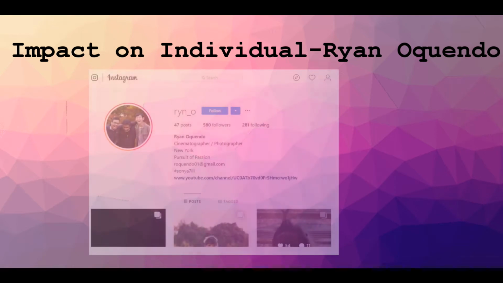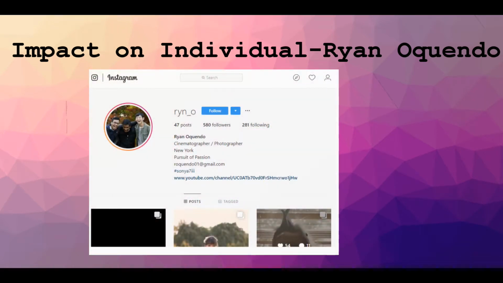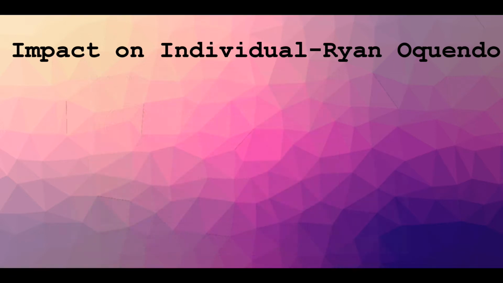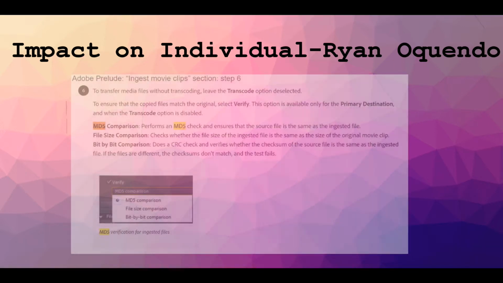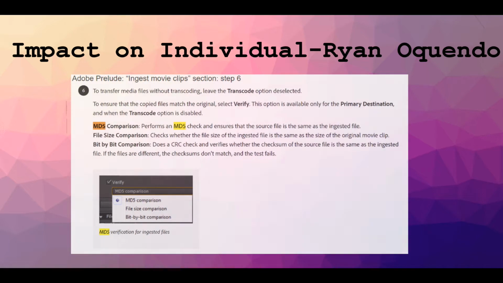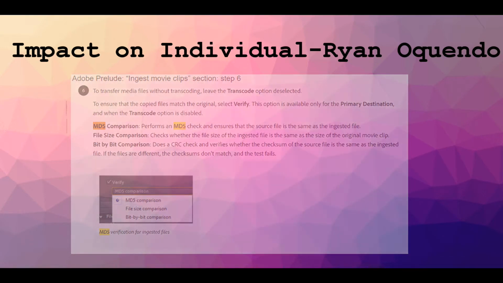Mauricio has a friend named Ryan who's a cinematographer/photographer. He utilizes Adobe Prelude to perform an MD5 check to ensure that the source file he is using is the same as the ingested file. Since he's an individual who does not have resources to rent massive amounts of storage space online, he externally utilizes terabytes worth of videos and photos, which he runs MD5 checksum for assurance of integrity of the files when transferring, because he cannot have all those terabytes worth of files saved on his main hard drive or it'll slow down